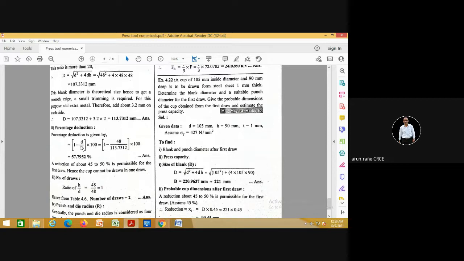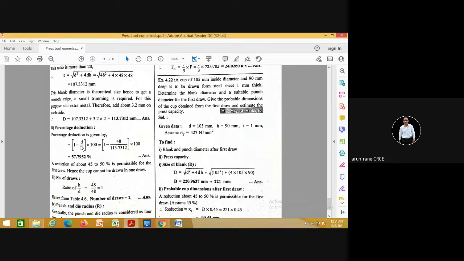Now, as I told you, in how the reductions are possible, in the first reduction you have to go 45%, then second 25%, that is 70%, then 20%, and then 10%. So that's how it comes to be 100%. So now we want total reduction of 58%. Okay. So obviously 45% in first and 13% in the second draw.